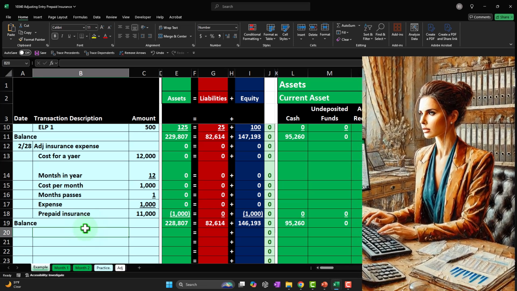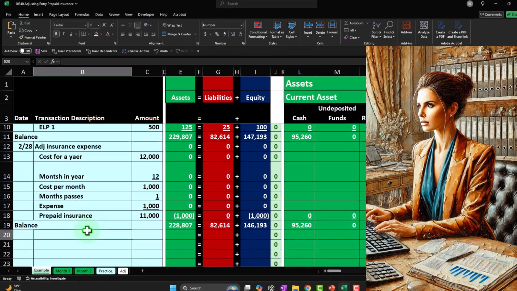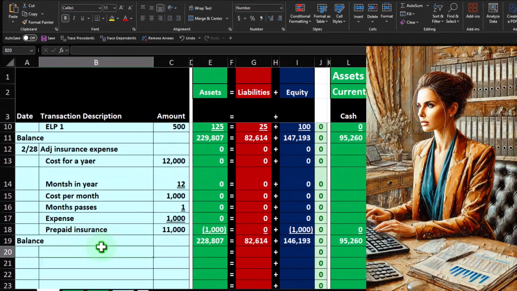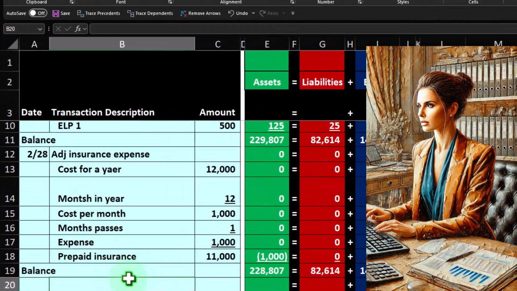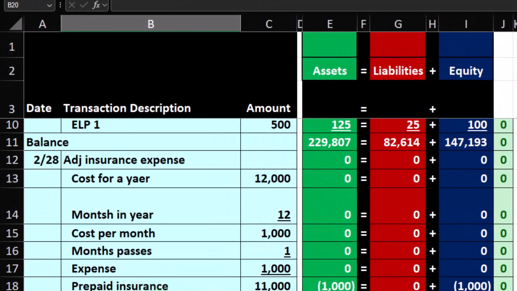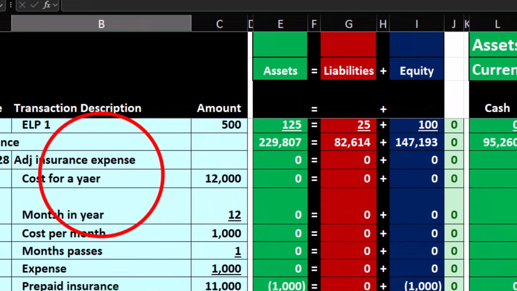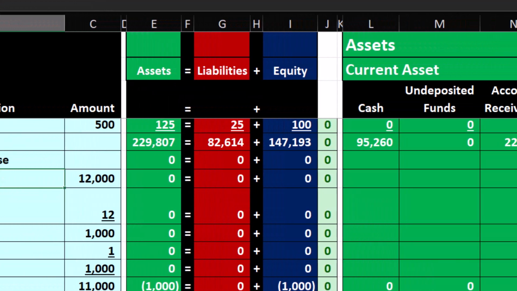Remembering that normally the adjusting entries can often be thought of as a separate entity, such as the public accounting firm, CPA firm, or tax preparer, getting the information from the bookkeeper or accounting department, possibly with the help or use or access of QuickBooks or Xero, extracting the information from the software, putting it into their Excel worksheet, which I